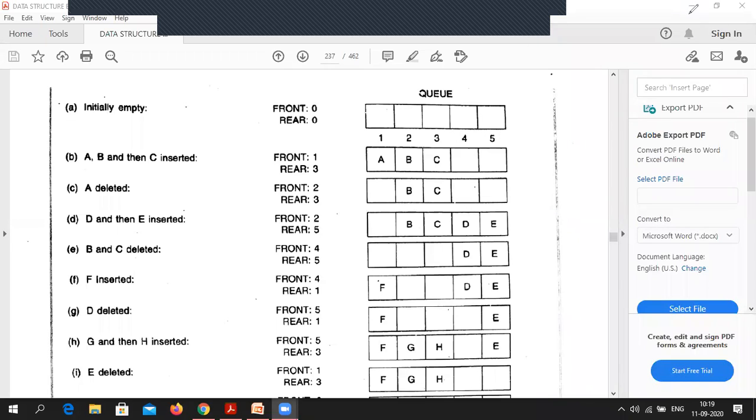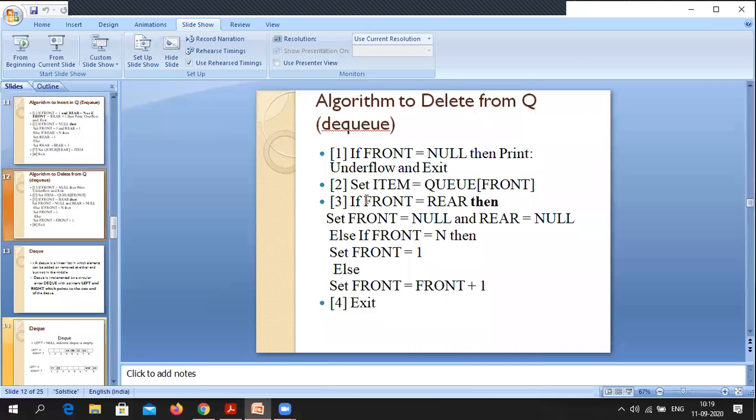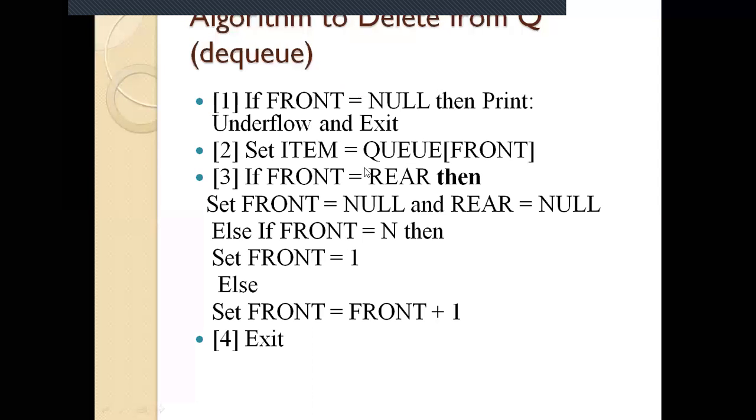One minute. Okay, go through this algorithm and first tell me if you have any doubt, you can ask me, then I will explain this thing.